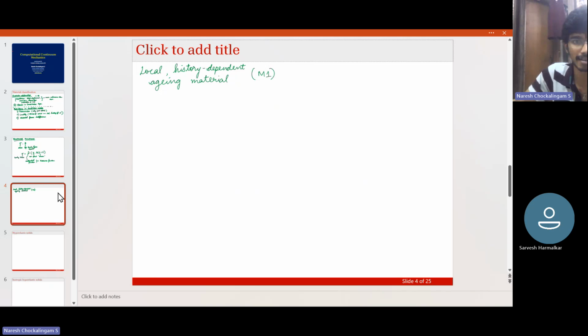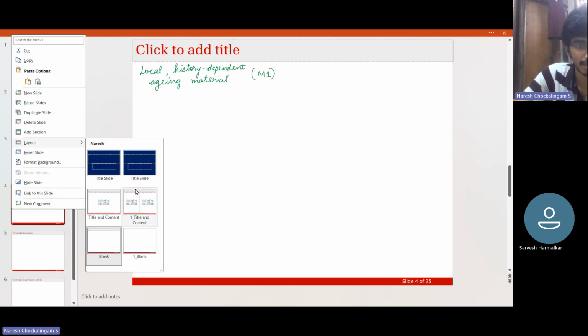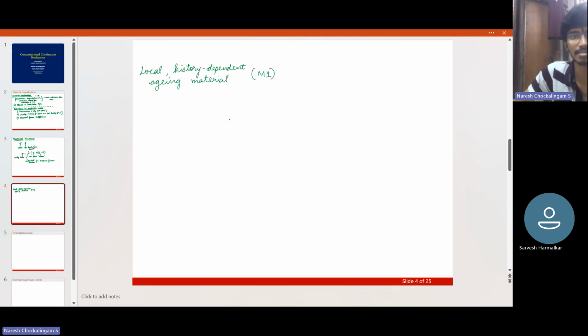So now let's look at the class of materials M1. Let's look at this class of materials M1. And what is special about this? So it is local, it is history dependent, and aging. So in this category M1,